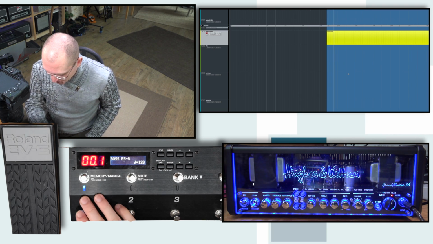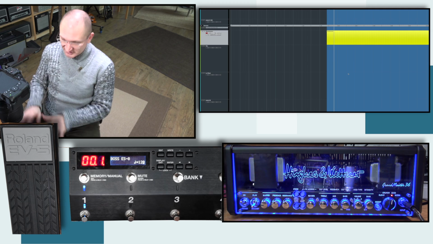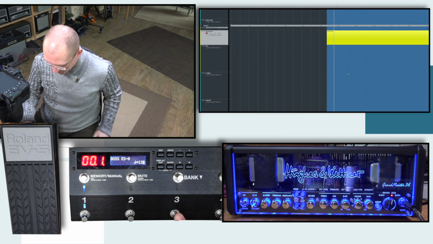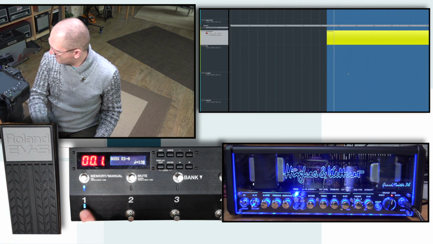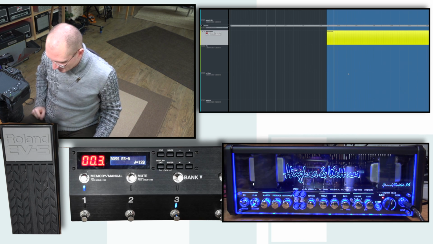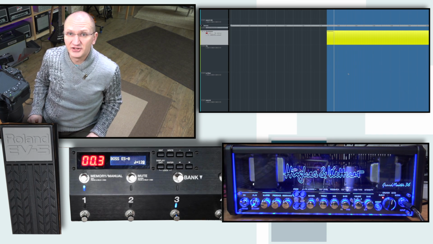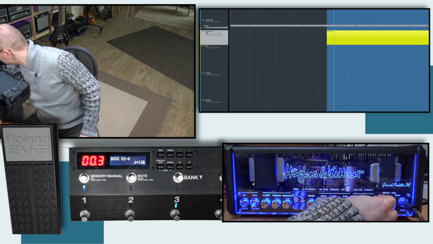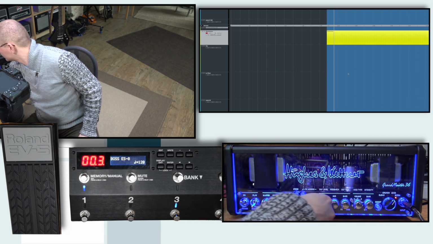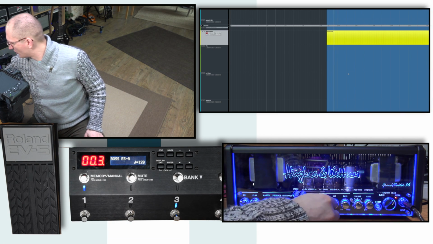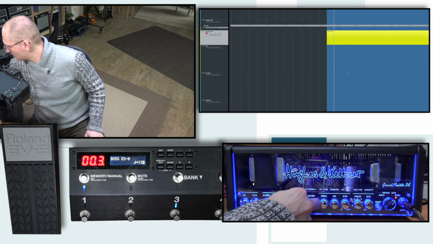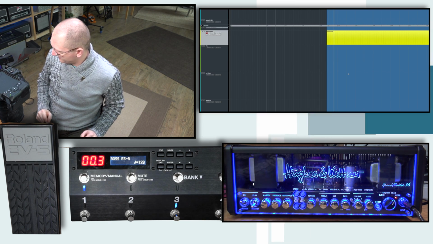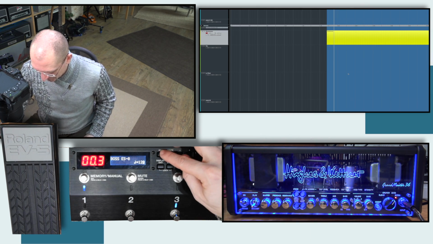So let's check out how we're going to do program changes with the ES8. I'm going to go to number 3. You see there's nothing happening on number 3. I'm going to make myself a new sound right here. Ultra with reverb and delay. Okay? So I'm going to hit edit,